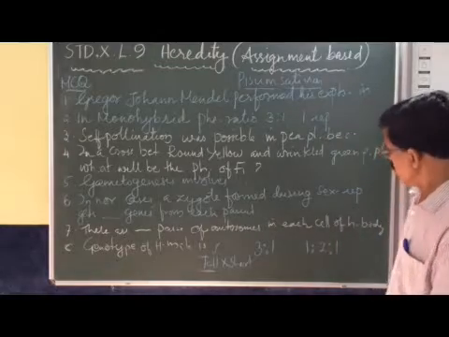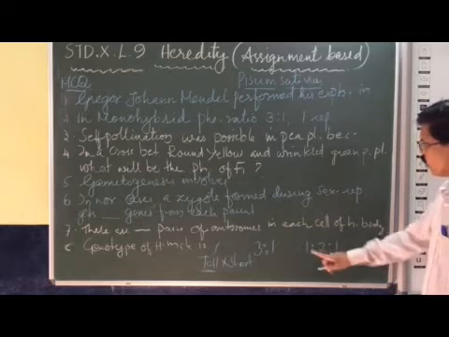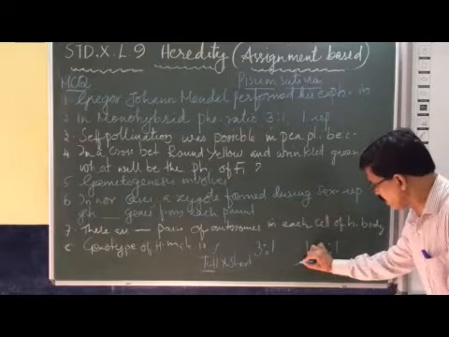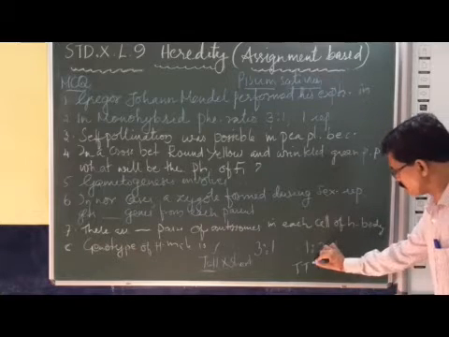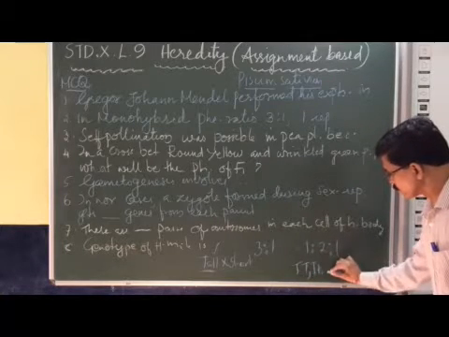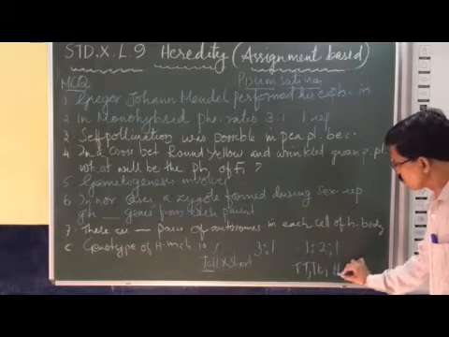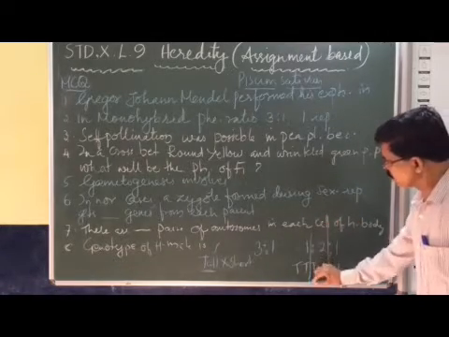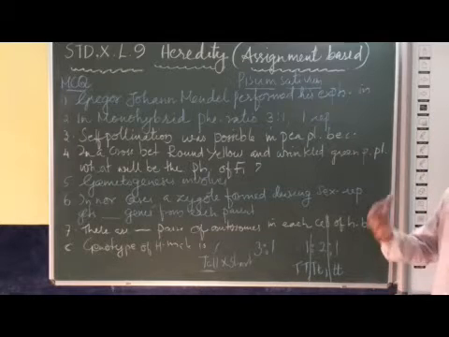Got this idea? Now, in this monohybrid genotypic ratio, 1:2:1, one is pure tall, homozygous tall, which we can write as capital T capital T. And 2 represents the heterozygous, capital T, small t. And the last one represents the homozygous short or dwarf, small t, small t. So we can understand the ratio comes in this way. 1:2:1 is the monohybrid genotypic ratio, that is based on the genetic setup, gene contents of an organism.